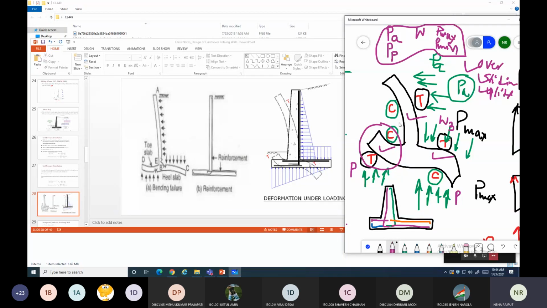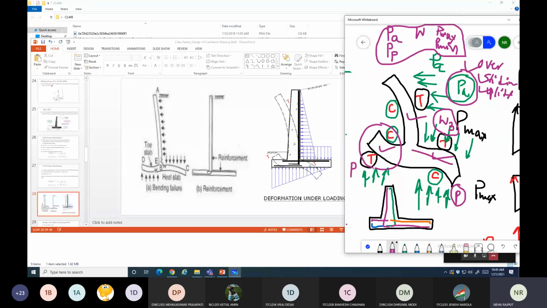For the stem element, what is required is which type of load is acting on the stem, which will lead to this type of deflection. The type of load which is leading to the deflection is active pressure. So you are going to do the active pressure calculation, find the moment and the reinforcement. Same way for the heel portion, how many loads are acting on the heel? The heel is facing the load of the soil mass above it and the pressure from the soil below. Due to these two pressures, you are going to find how the moment is generated, and the reinforcement, and the main reinforcement you are going to provide at the top for the heel part.